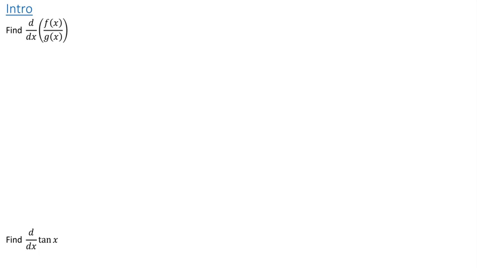Hi everyone! The next shortcut on our list is the quotient rule. So we're going to work on the quotient rule, and we are going to start by finding out what the shortcut is, but I'm going to approach that in a little bit different way. So once again, I won't test you on actually proving the shortcut, but please watch so that you can see